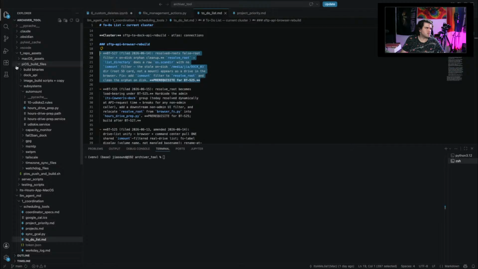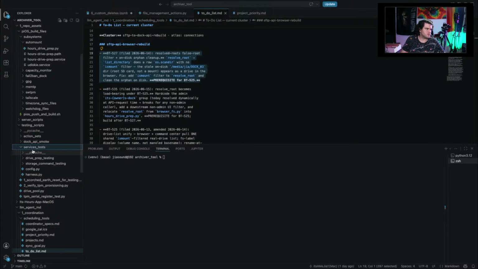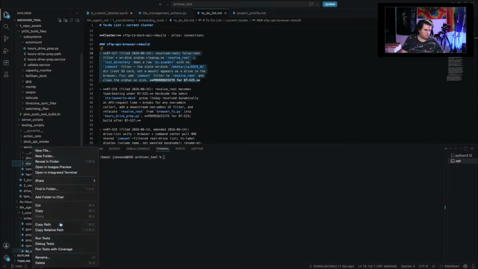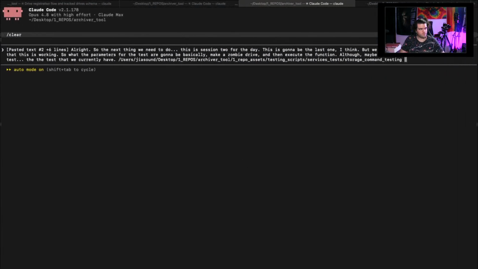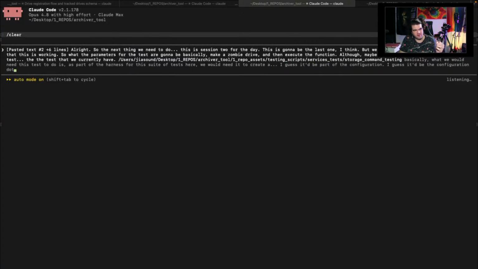Let's go to tests, testing scripts, services. Basically, what we would need this test to do, as part of the harness for this suite of tests, is create a, I guess it would be part of the configuration. I guess it would be the configuration.py that would handle this part. But basically, it would need to create a zombie drive, and then on the unmount, after we unmount the drive